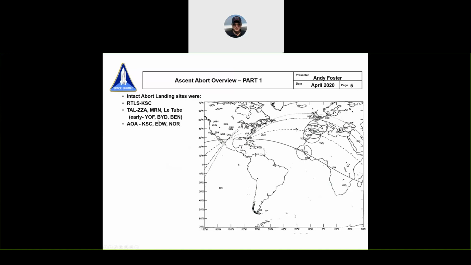Later on in the program, we started flying either mid or high inclinations, and especially the ISS era, 51.6 up here. And so when we do TALs, we do TALs over here to Spain or France, with one exception of Ben Guerir over in Morocco, right up here. Abort once arounds that I just talked about or mentioned,